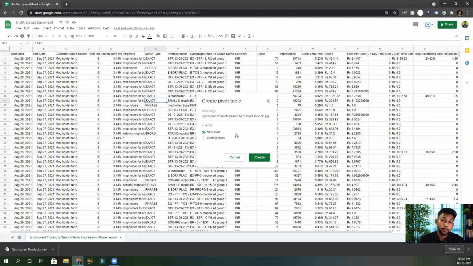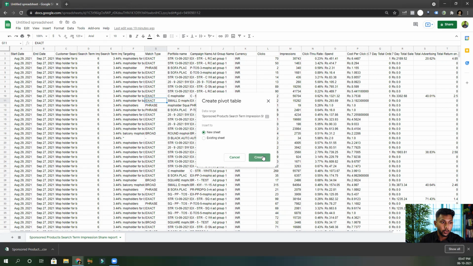Once we increase the bids, it also shows at what rank your ad is showing. Suppose there are a total of 5 advertisers and you are getting some percentage of the impressions, but your conversion rate is higher, your ACoS is lower, but your rank is not that high. That means you're not getting that much impression share. So if your impression share is low, you can increase it by increasing the bid if the rest of the metrics, like the ACoS and the conversion rate, remain in your range. We are going to do exactly that here.